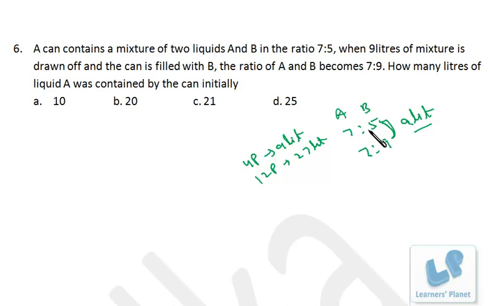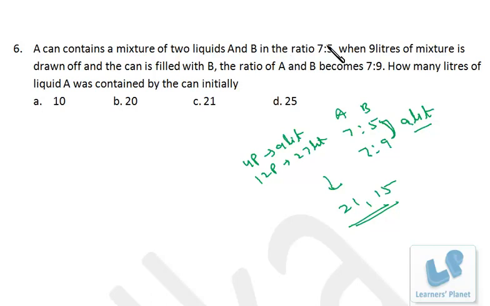So initially the mixture would have been 27 plus 9, that is 36 liters. And what we want is the ratio of A. So out of 36, if we divide in the 7:5 ratio, it will be 21 and 15, right? So that's the method. Apart from that, if you just observe the options, a can contains a mixture of